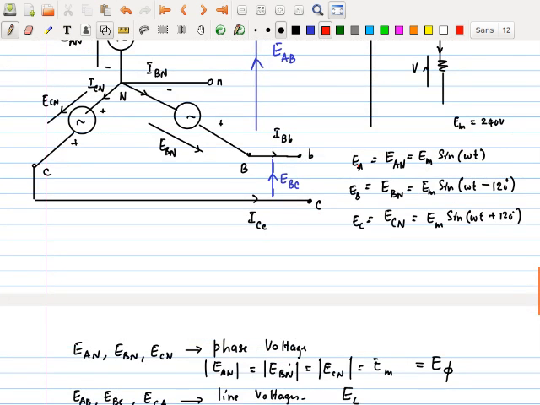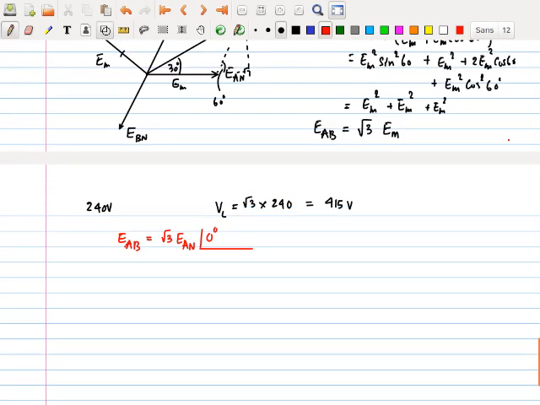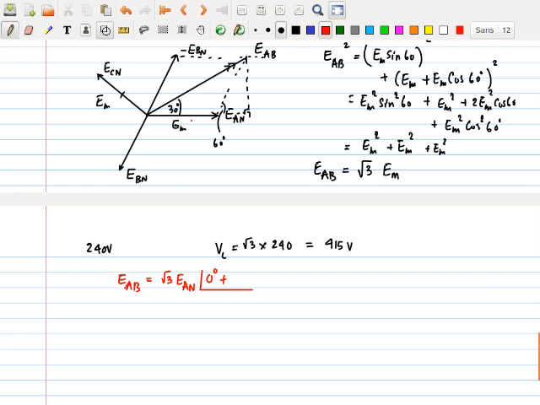Here, this is EM with an angle of 0, this is EM with an angle of minus 120, this is EM with an angle of 120. So this was angle of 0. So here you can see it is angle of 0 plus,